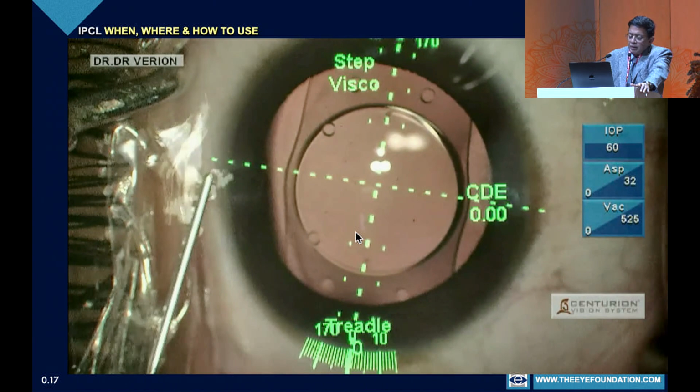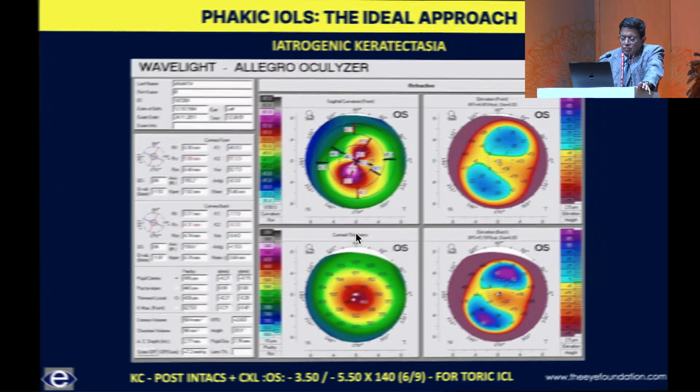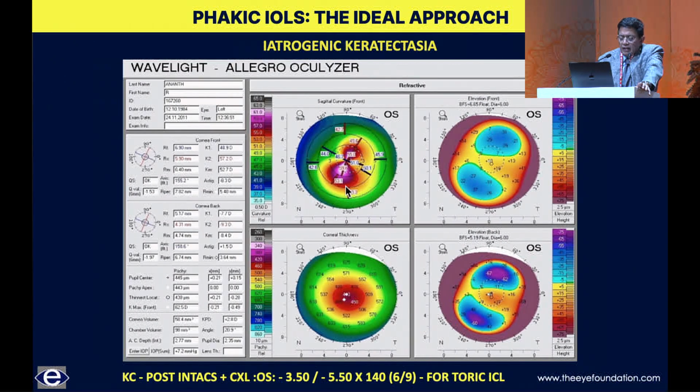by which it has happened, instead of just putting back the lens in position, and in case you feel that lens is almost in position, still there is residual error where the spherical equivalent is almost zero, you can refer back to the company and they'll get back to you information about how many degrees that lens has to be rotated. And coming on to the less than ideal situations where we use phakic intraocular lens, something like an iatrogenic